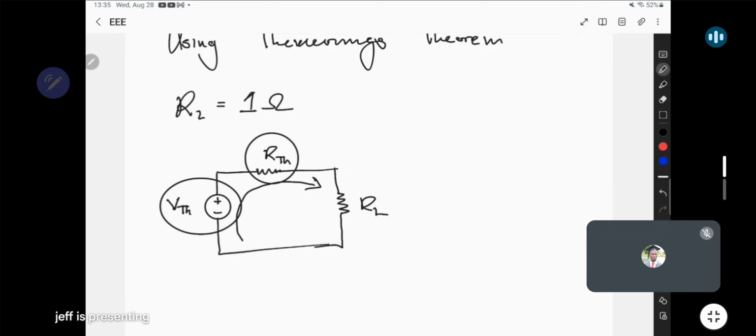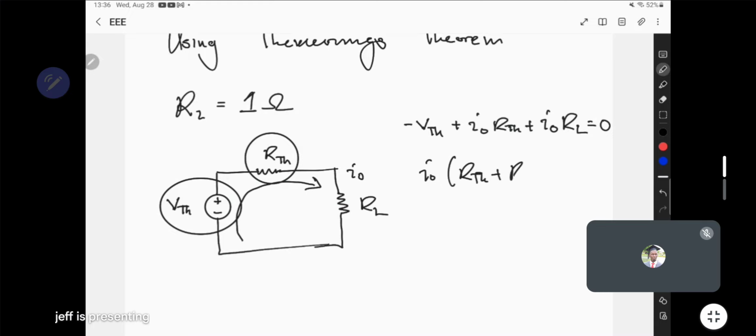So if we label the current as just I0, we can now use any method here, minus V Thevenin by Kirchhoff's voltage law, and then we'll have plus I0 multiplying R Thevenin plus I0 multiplying R load. So I'm just adding the voltage here plus the voltage here plus the voltage here using Kirchhoff's voltage law. So by finding what R Thevenin is, since we already know the load, this of course is equal to 0. Notice that we can easily get I0